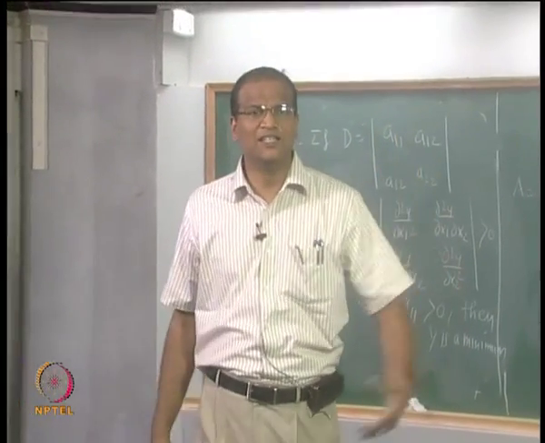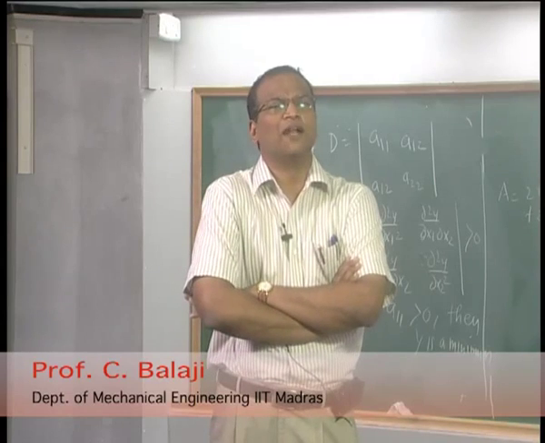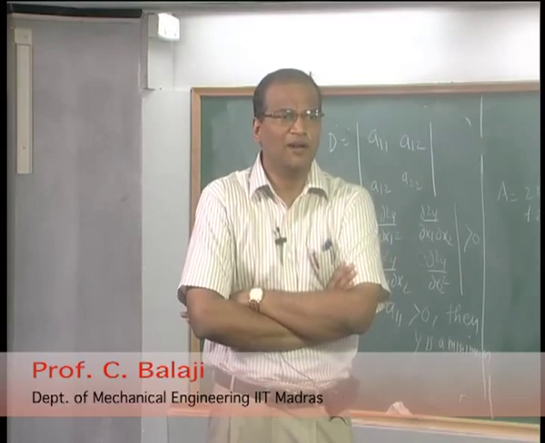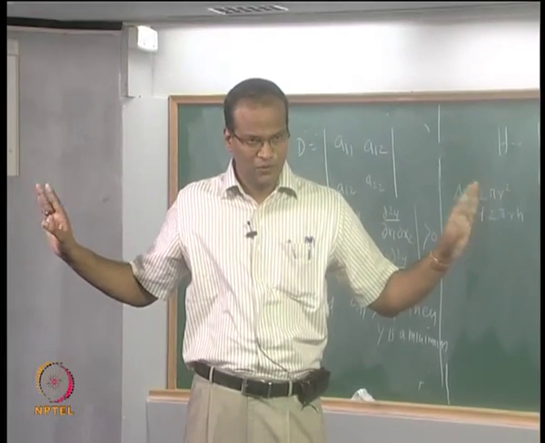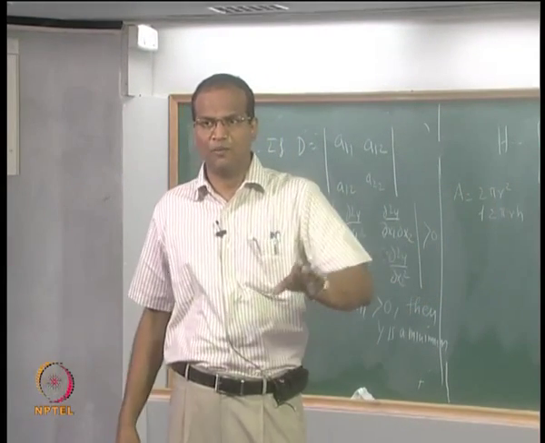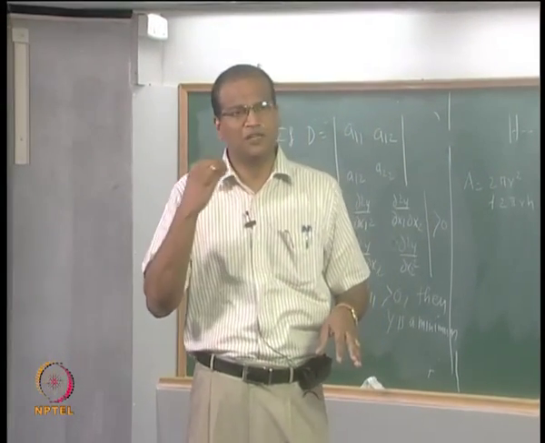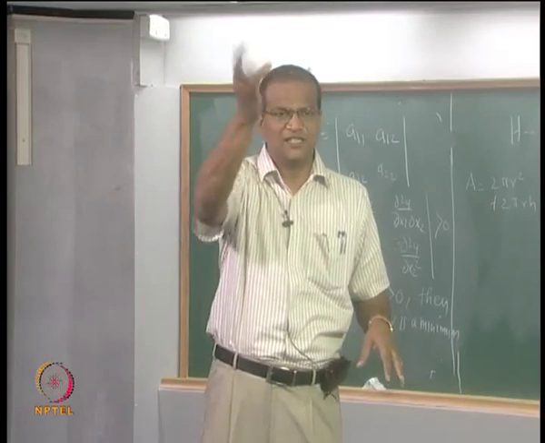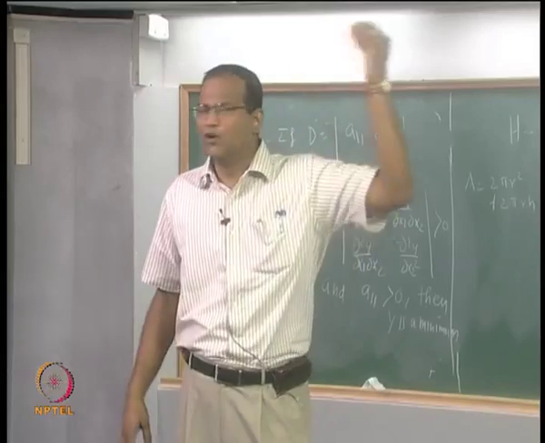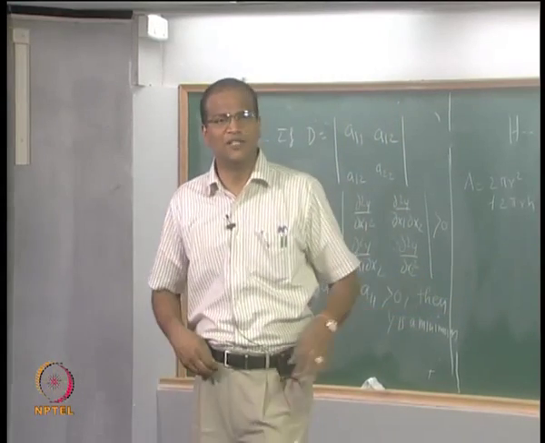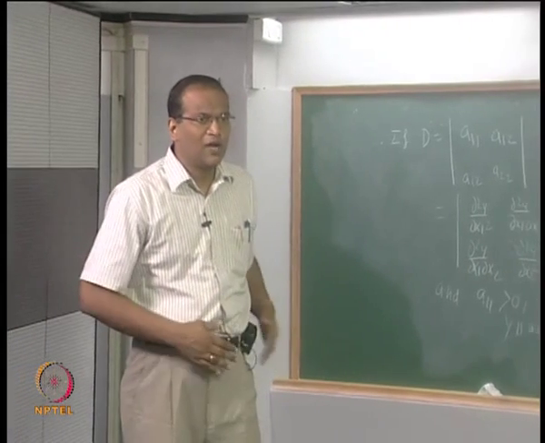If you want more, then you will have to read some advanced mathematics books. Kreyszig, for example, has a lot of discussion about the Hessian matrix. So, the Hessian matrix is a matrix of partial derivatives. If you take the determinant, it has to be greater than 0. If the determinant is less than 0, it is a saddle point. If the determinant is equal to 0, which will rarely happen, then this test is inconclusive. Once you get the determinant greater than 0, then look at A11. If A11 is less than 0, it is a maximum. If A11 is greater than 0, it is a minimum. Okay, so we will stop.